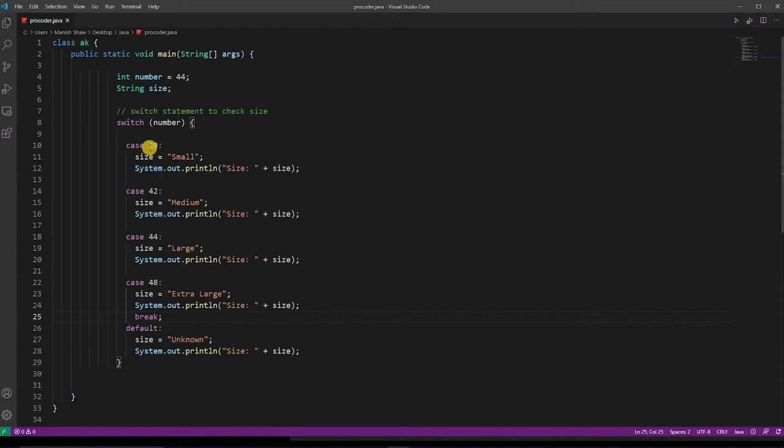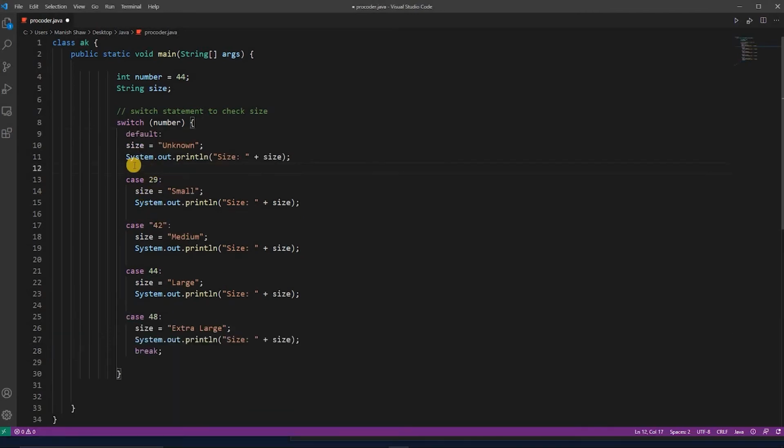Now let me repeat the rules for the switch statement once again. If we are using an integer value for the case label, then you have to use the same data type for the value of each case label. In our example, we are using the integer data type, and if you want to put a string like this, then it is not allowed. You have to use the whole case label in a string, and you can use this default keyword anywhere in this switch statement. So let me just put it here.